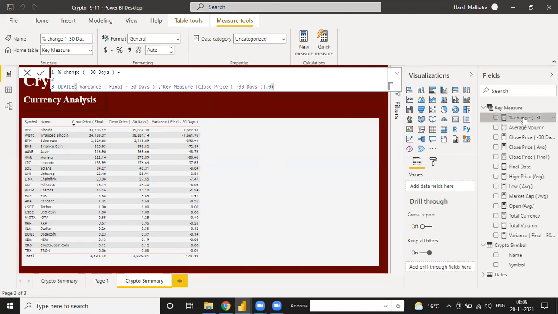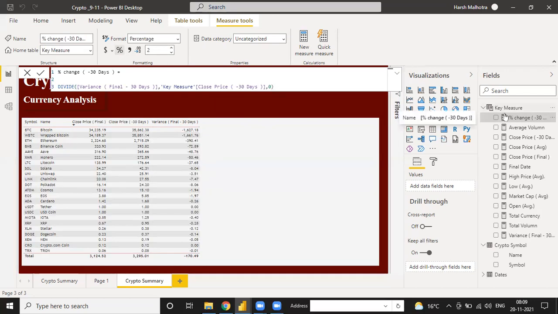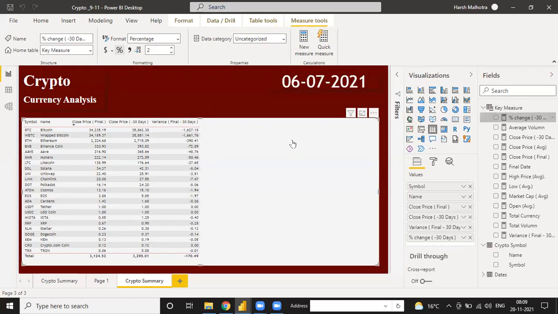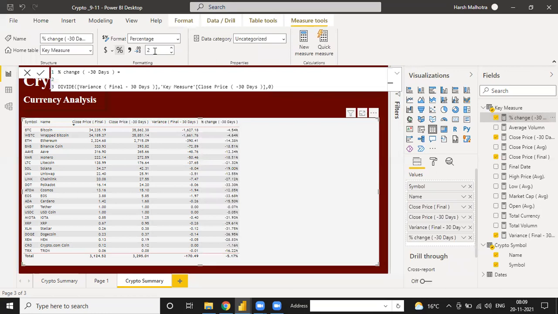if you click on this, enter, and go to this percentage, select this one, and you can select here the percentage format. So this value will give you the answer in percentage. So now if you move into this, see, now it will give you the percentage-wise answer 4.54. One more thing, go into this, select this one, and instead of 2, you can select 0 because we don't want 2 decimals, we want 0 decimals. So now the total percentage change we have is 5%, minus 5, minus 14. This is the total percentage change you have for the 30 days.